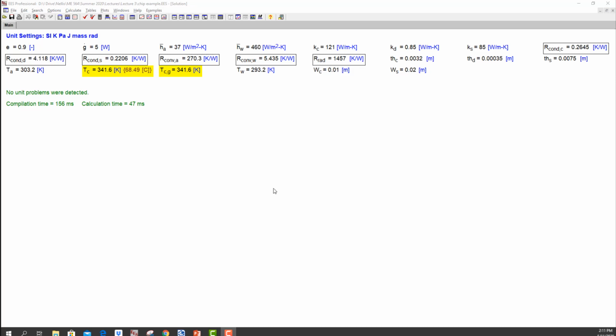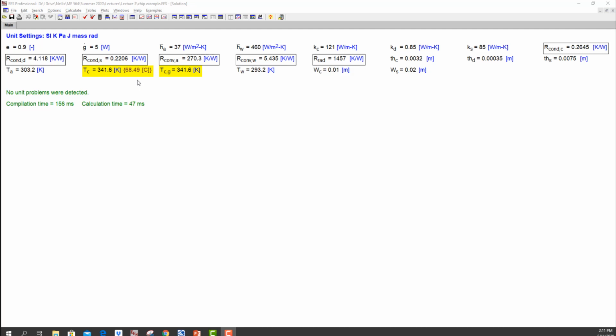Okay, so that was a little bit of using EES 101. You can see that what we've decided then is that our chip temperature is 68.5 degrees Celsius, which seems nice and cool, so I'm not too worried. We'll come back to whether I should be worried or not, but at this point at least it looks like